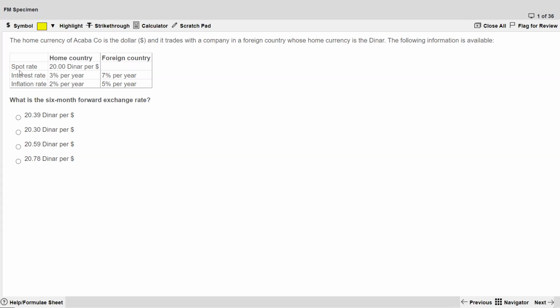Interest rates are given for the home country, and interest rates are given for the foreign country. It asks what the 6-month forward rate is. Let me guide you through how we are going to approach this, because as I told you, I will try to do the maximum questions from the maximum areas. So before I discuss the forward exchange rate, just remember